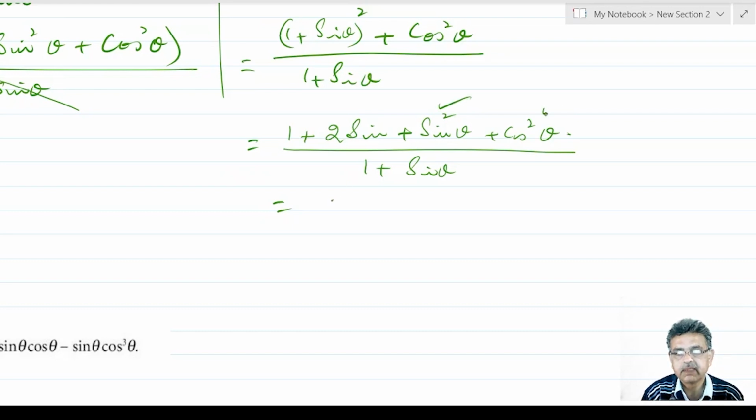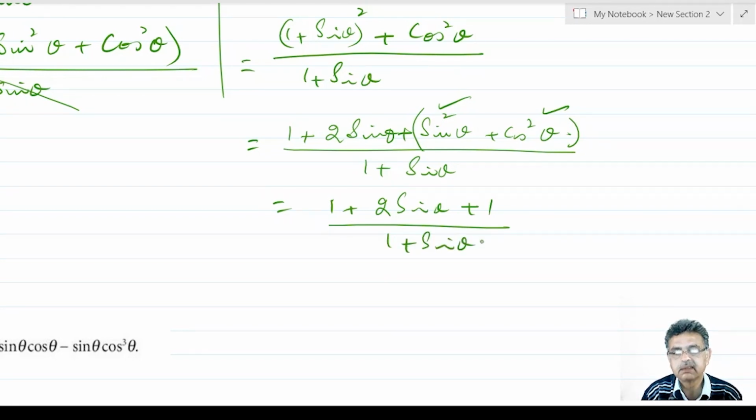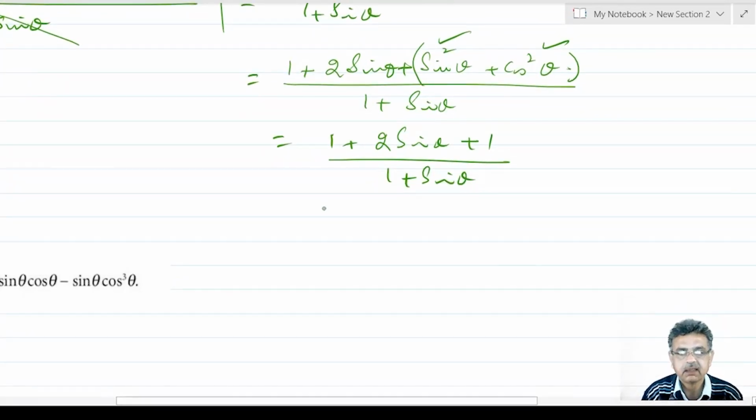sin square plus cos square is equal to 1. This completely will be equal to 1, 1 plus 2 sin theta, and this expression will be equal to 1 over 1 plus sin theta. Once again, you can see that